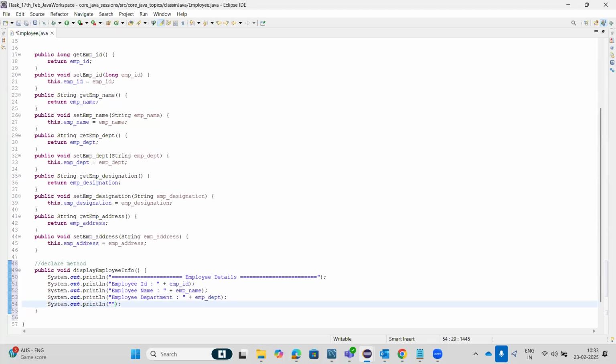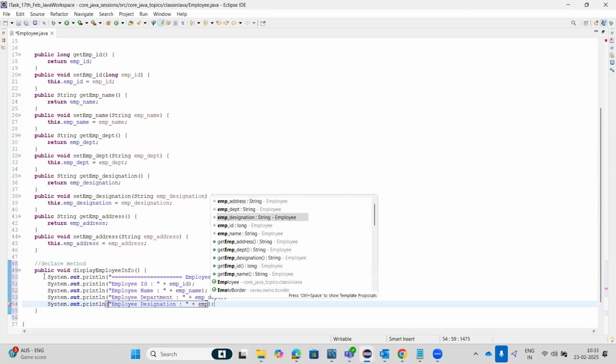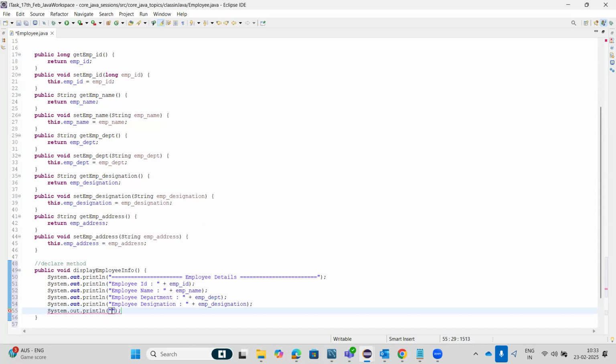System.out.println employee designation plus employee designation. System.out.println, then I have what? Employee address plus employee address. Right. So a class can contain variables, can contain methods, can contain constructors, can contain nested classes, can contain